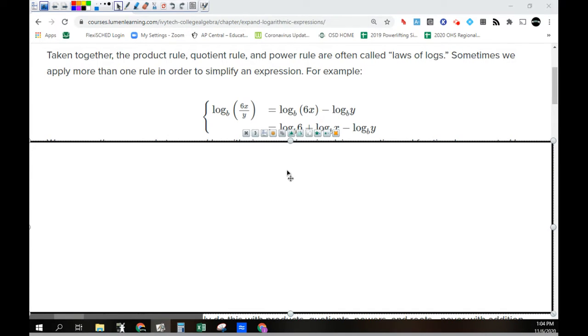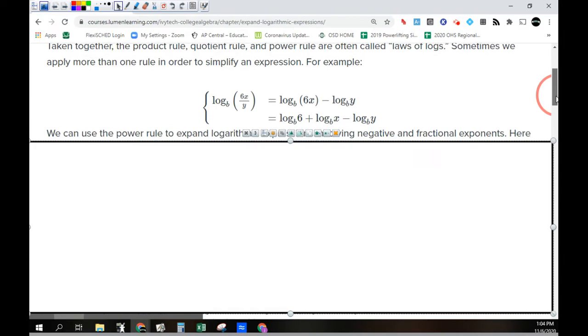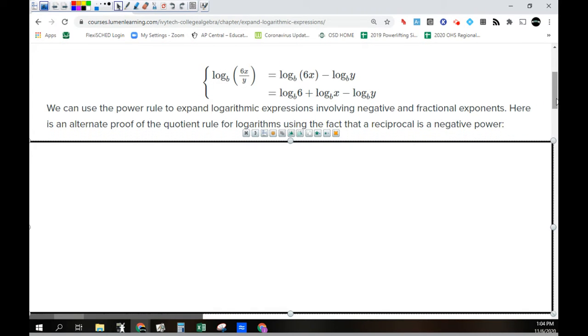let me get these things out of the way here. Then after that, we're going to